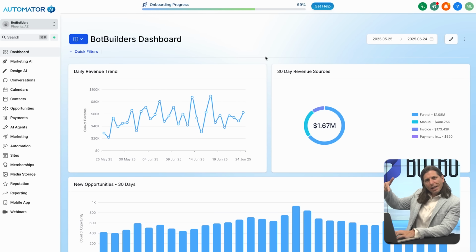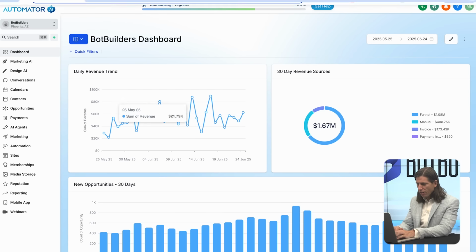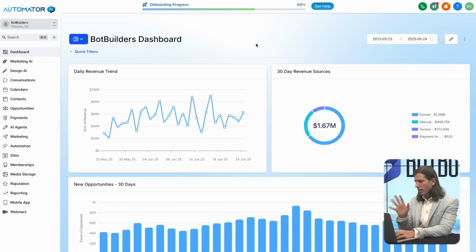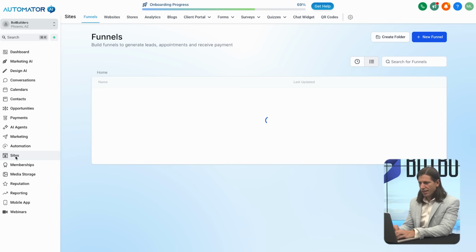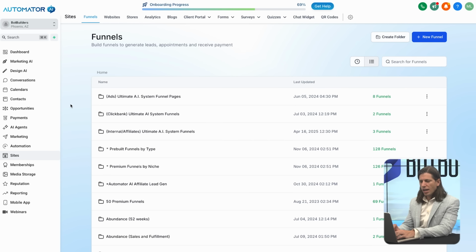And poof, we're on my laptop. So what we're gonna do here is do a quick demo and show you funnels. We're inside of Automator AI. This is our dashboard. You probably won't have this much revenue when you first get into yours, but we'll work on that. So if you wanna look at your funnels, you'll come over here on the left and click on Sites. And then what we've done, and again, we've got way more stuff in ours than you will in yours, but we do have a ton of different